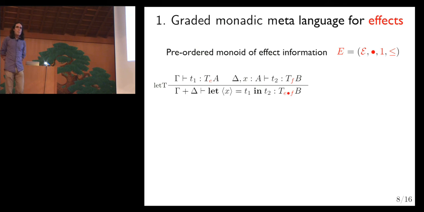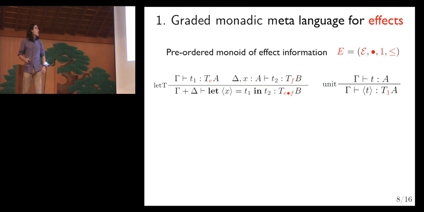So the first part is this effectful meta-language component, which is parameterized by some pre-ordered monoid of effect information. And then we have this let binding construct. If you use Haskell, it's a bit like the do notation, which says if we've got some program T1 which has effects E, we combine that in the scope of T2, which has a free variable X of type A, and it does some effects F. So when we compose those, we have in our type that E compose F effects are being performed. So this is really just exposing the graded monad structure underneath, and we can lift any value into the trivially effectful computation.